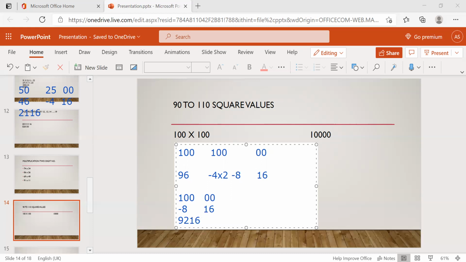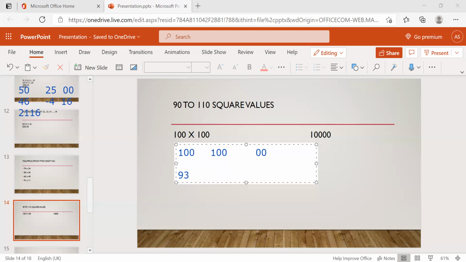See, here what's the difference? We are just subtracting the number, right? So previously, 46, the difference is 4. Directly that 4 we are subtracting from 25. But here we are subtracting double that 4. That's it. But the square value is the same. Okay, this will be the square value. Then we'll see some more examples, then you people will understand easily.